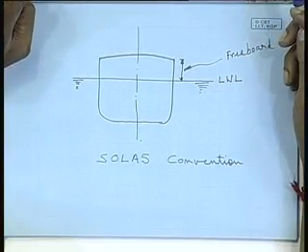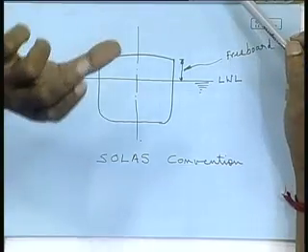This particular convention outlines the guidelines of various safety features and safety aspects which are mandatory, which you will have to follow while designing, while operating and all that, because human lives are at stake. So, this SOLAS convention prescribes freeboard, that for a particular type of vessel, this much has to be the minimum freeboard. You cannot